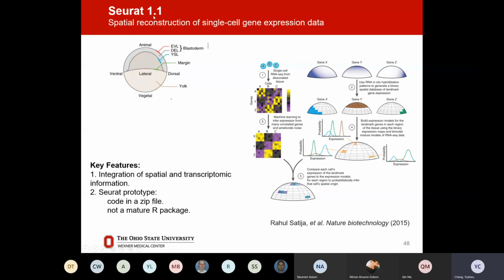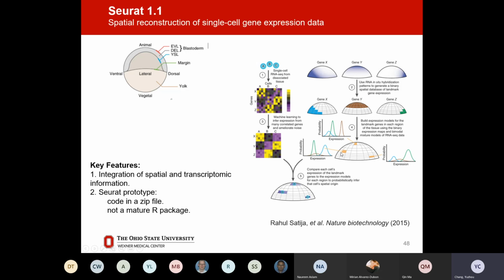Okay, so Seurat 1 delivers spatial information and expression information. Here is the zebrafish embryo structure. The four corners are the coordinates of the zebrafish embryo, and they have a hypothesis: cells in different regions will express different genes. And the result is yes. From this figure, we can see gene X here is at the upper sphere of this zebrafish embryo, highly